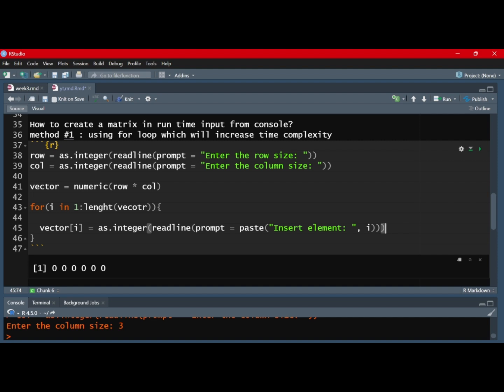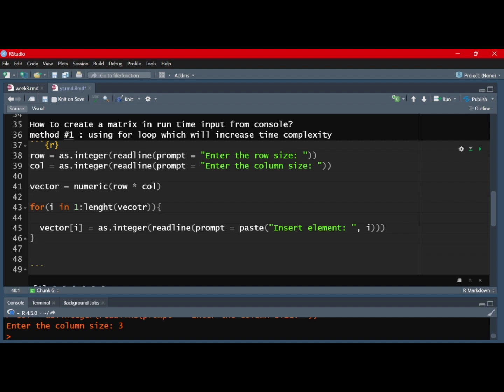Okay, it should work, but again I will complete this program. First of all, now I have the vector. Suppose I have the vector, and then what I have to do is create the matrix. So let's say matrix is my matrix, and I will create it using this matrix method, and